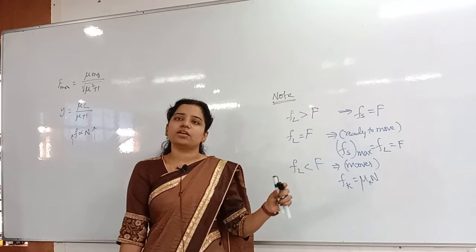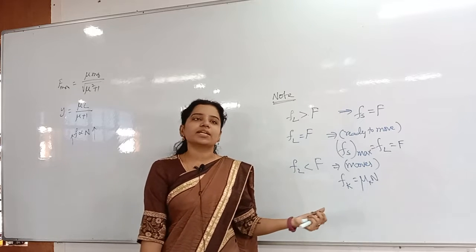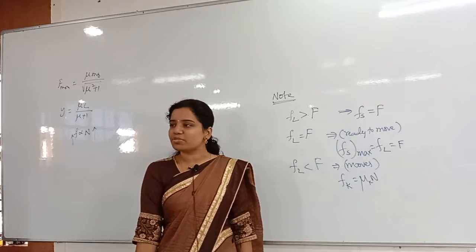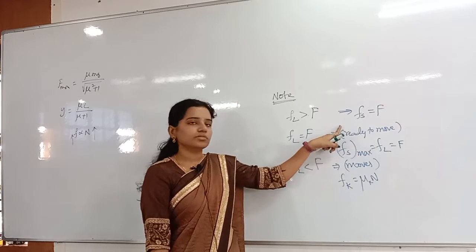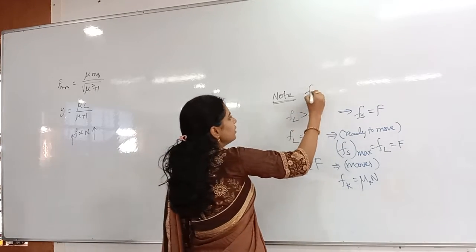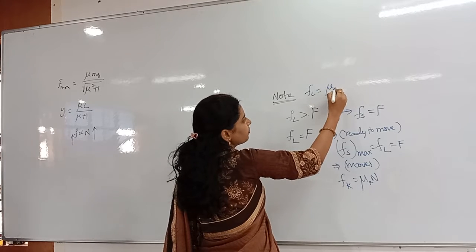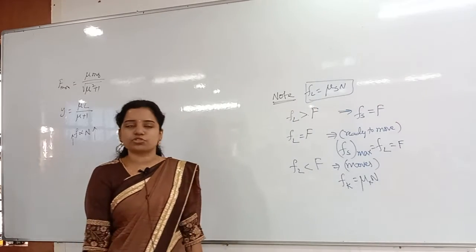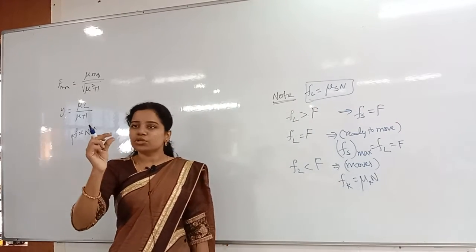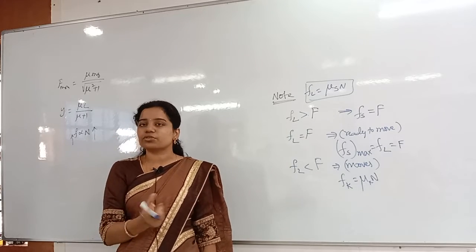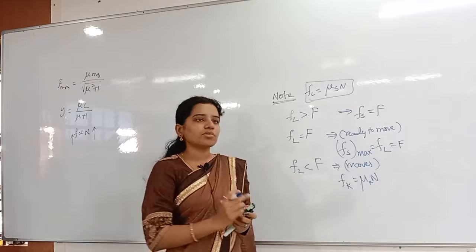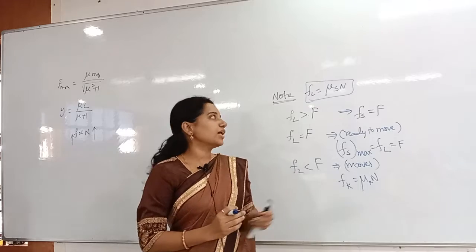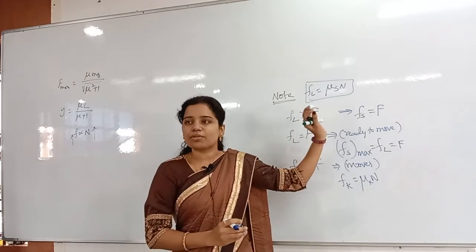Whenever they did not mention anything and they are saying that the body is moving, it means indirectly they have given the mu k. If they are saying the body is at rest, or in equilibrium, or stable, that means they have given the mu s value. And while finding the limiting friction, what do you have to use? Mu s or mu k? Mu s into normal reaction. FL is equal to mu s into normal reaction. So many people have confusion whenever they have given two coefficients, what to use and when to use. Whenever they have given mu s and mu k, first of all you have to find out the limiting friction. That might be anything. Always you have to use FL is equal to mu s into normal reaction.